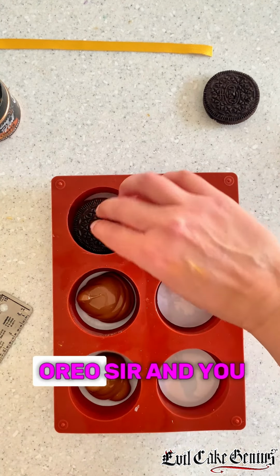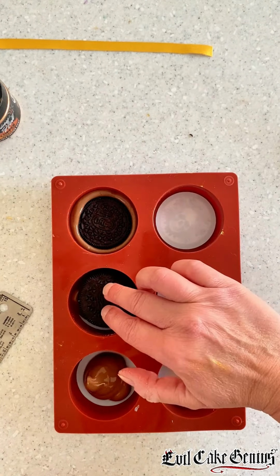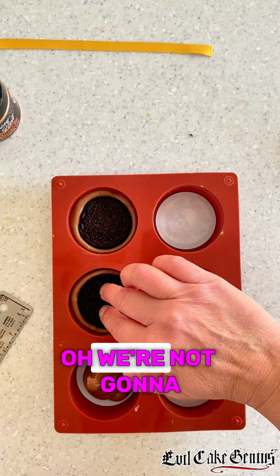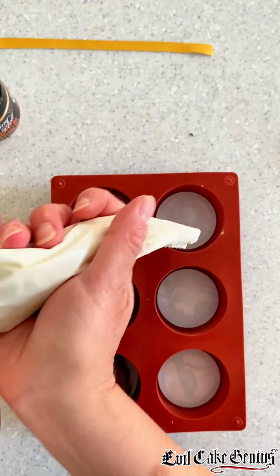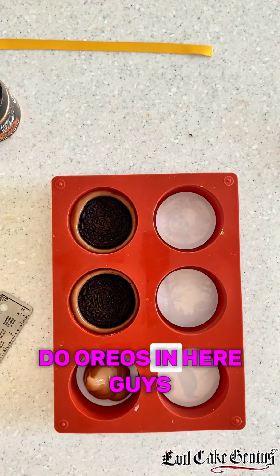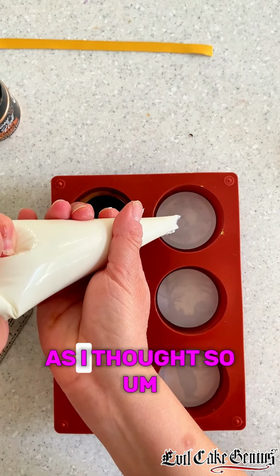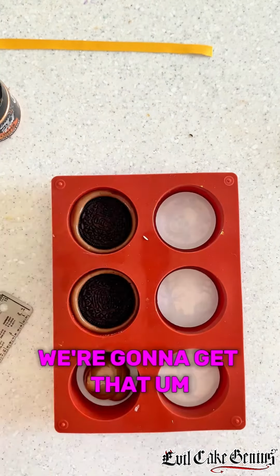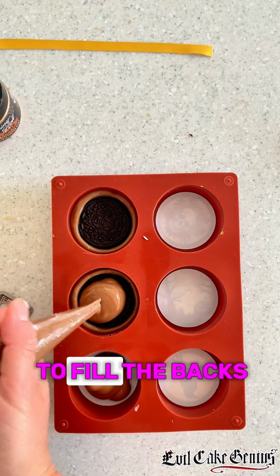And you get an Oreo, sir. You get an Oreo. Oh, we're not gonna have any white Oreos. Oh well. Nobody else. Boo. Okay. And these will fill. So obviously you could do Oreos in here, guys. I just did not count well, and I didn't have as many Oreos left as I thought. I realized I need to fill the backs of these